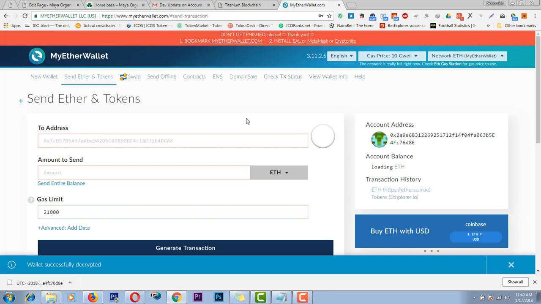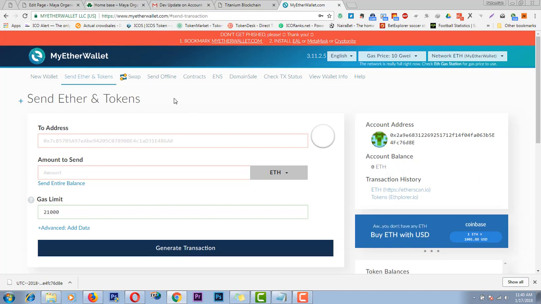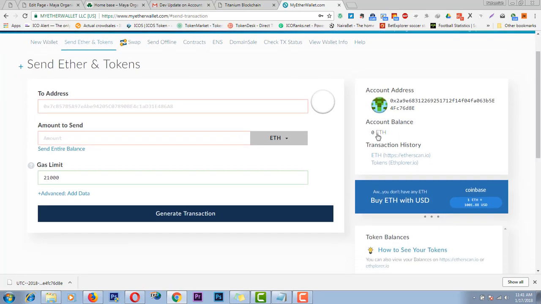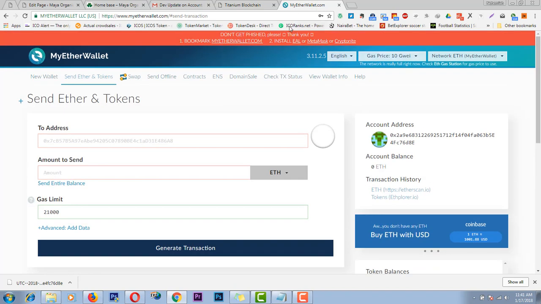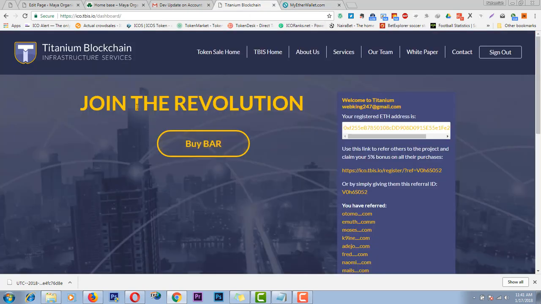The first thing you need to do is to fund your MyEtherWallet account with Ethereum. Currently this MyEtherWallet account is for training, so I don't have Ethereum here. I just want to show you how to buy BAR token here. If you have your Ethereum on MyEtherWallet, move to step 2, go to your Titanium website, click on buy